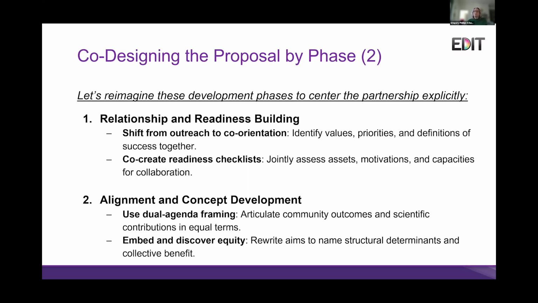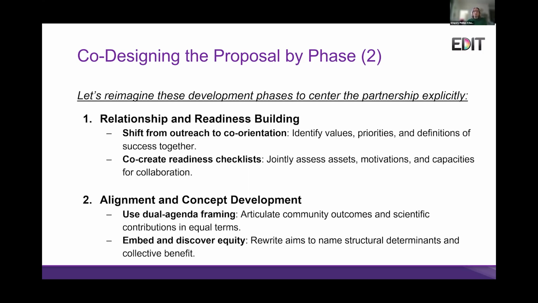You want to have a way of building a relationship ahead of time so that it's clear that you and your partner have the same orientation. Having shared values, having shared priorities, and knowing what you're both working towards are going to be key to success in developing a proposal. You want to make sure that you're not misaligned because if you have different values, if you're working towards different things, as good as your grant proposal is, it's going to be at risk for falling apart because of this potential conflict.